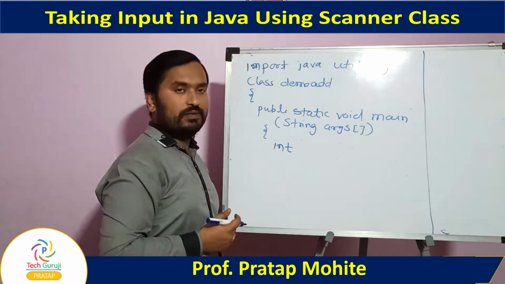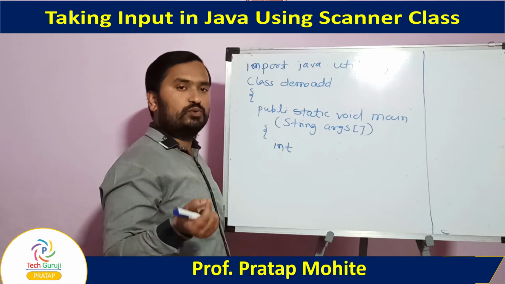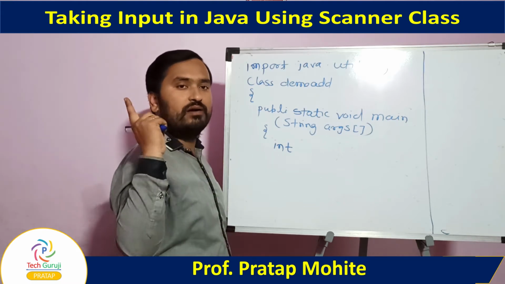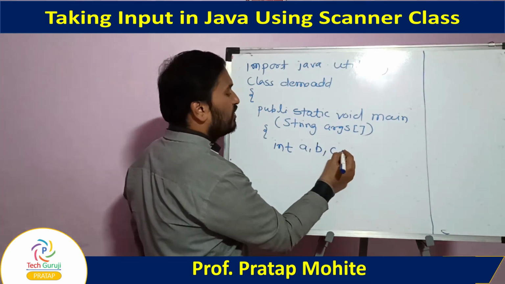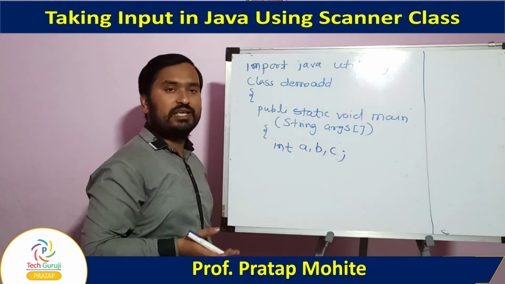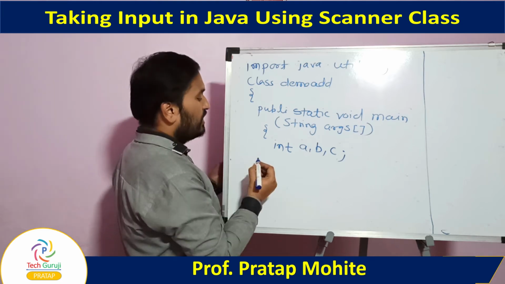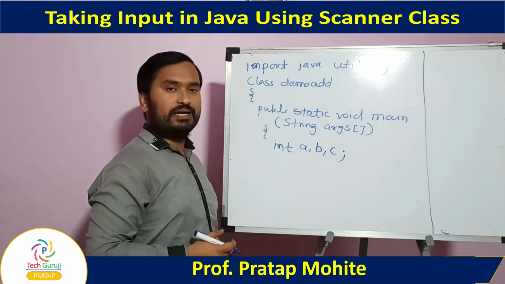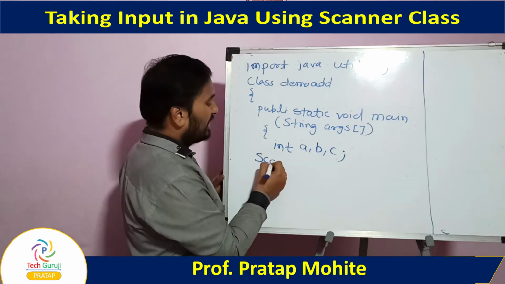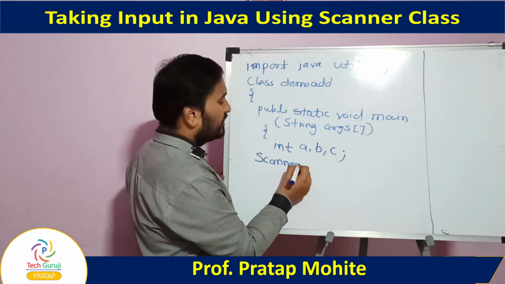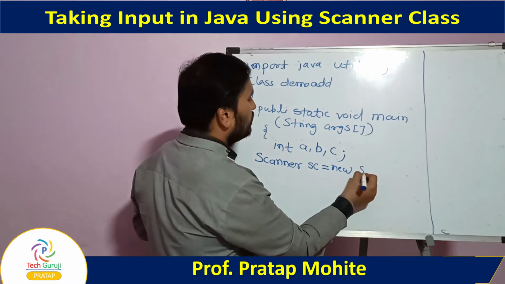As we know, to add two numbers we need two variables, and to store the result we need one more variable. So we will take three variables a, b, c. There is no initialization of any variable because we are taking the values from the user. The next step is to create an object of the Scanner class. Scanner is a class, as we have already told. So we will create an object, that is sc equal to new Scanner